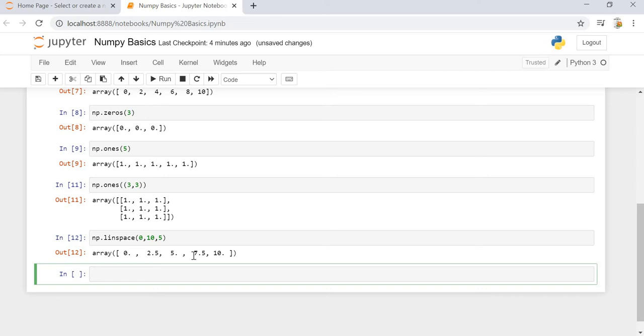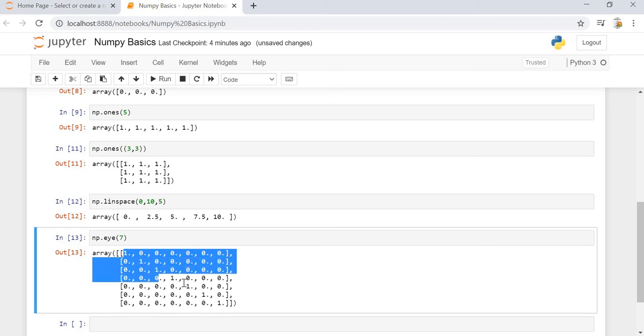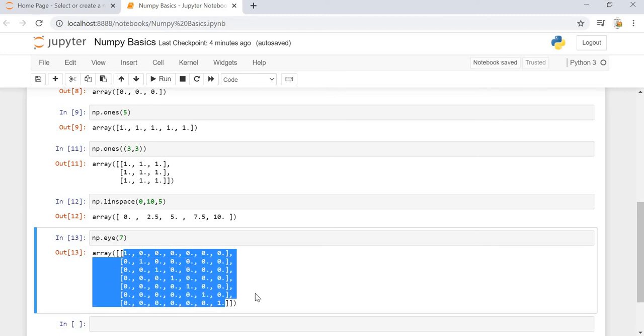We can create an identity array or matrix using np.eye, and if we want to create an identity array of a 7 by 7 matrix, then we provide the 7, and it will create an identity matrix of 7 by 7. Notice everything else is 0 except this single diagonal, which is 1.